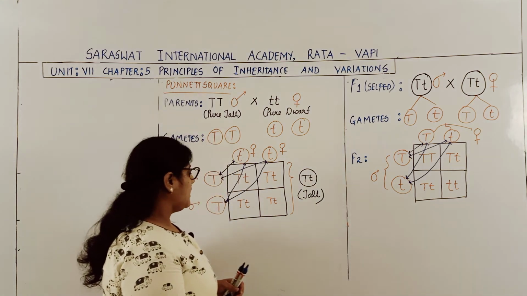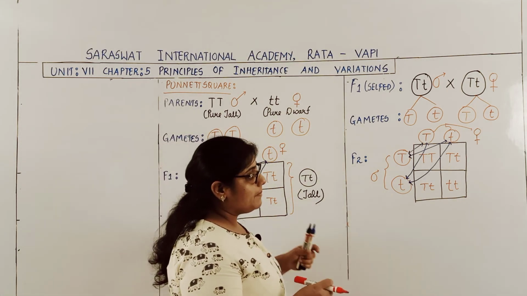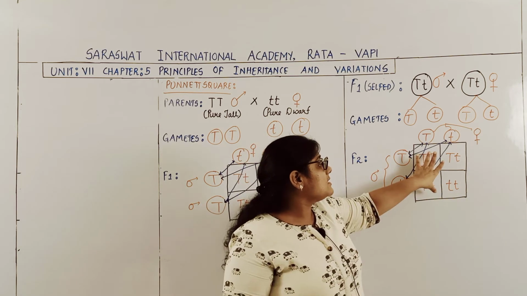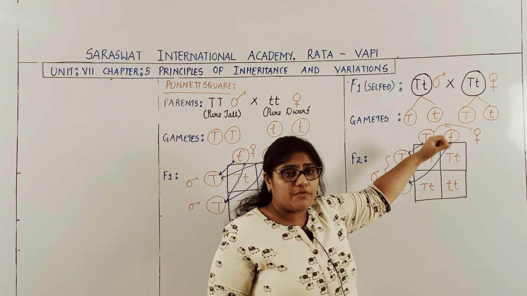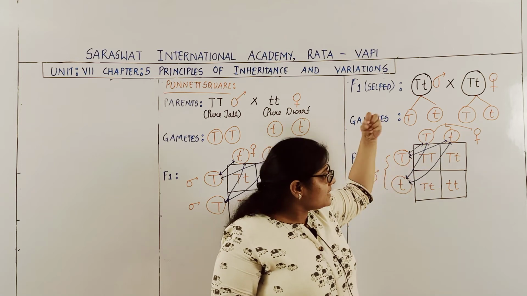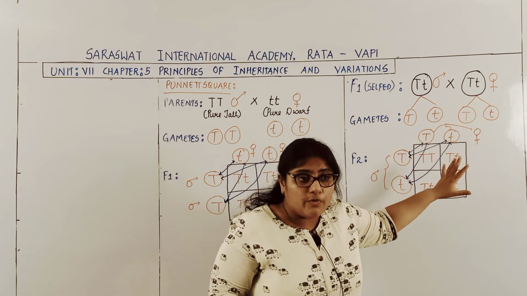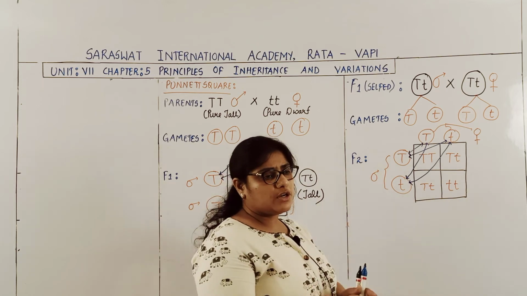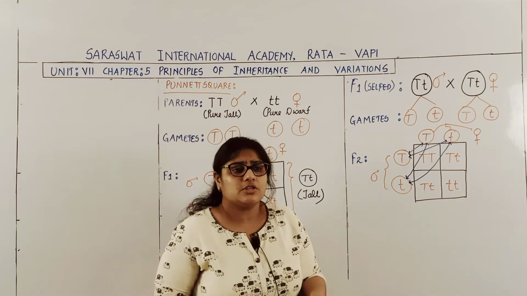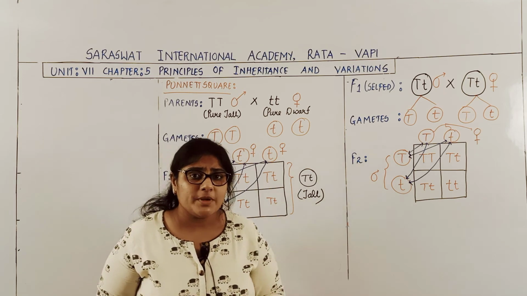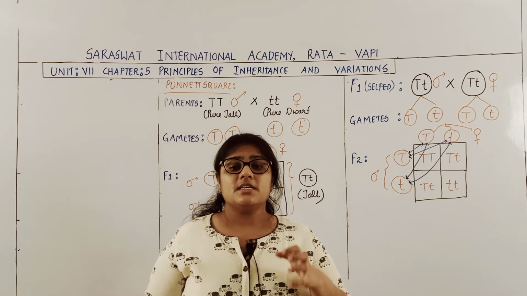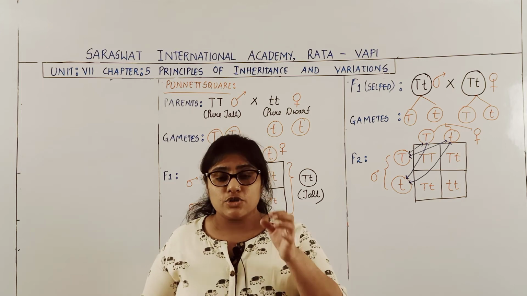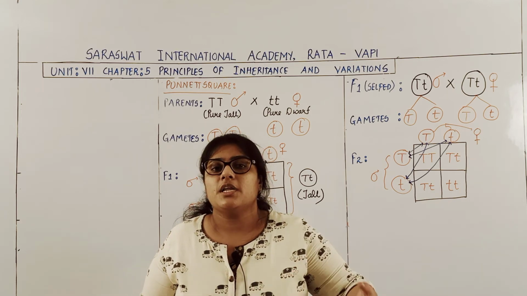Now see, this is the genotypes, or basically this is the zygote combination of the F2 plants. When these particular plants grow, when the zygote develops, what would be the possible phenotypes? Students, we know the terms genotypes and phenotypes. What do you mean by the term genotype? The term genotype indicates what? The genetic constitution of an organism for a particular character.